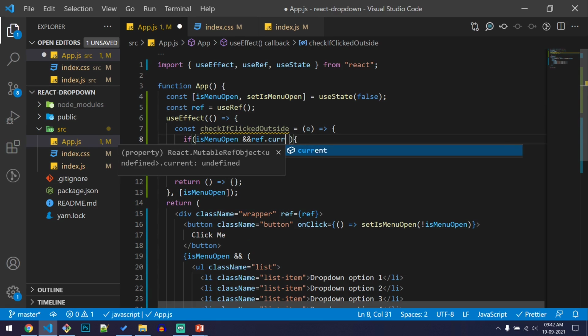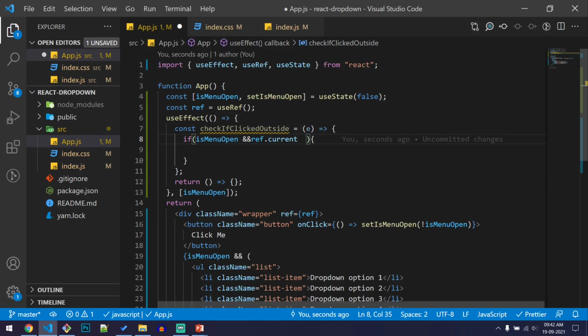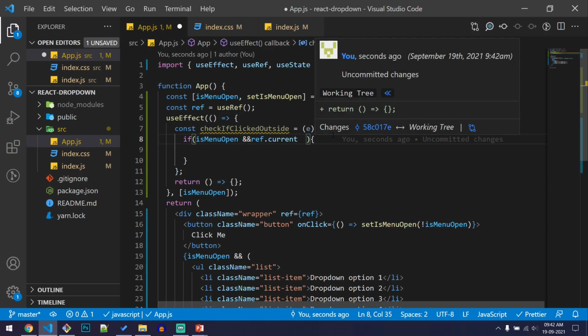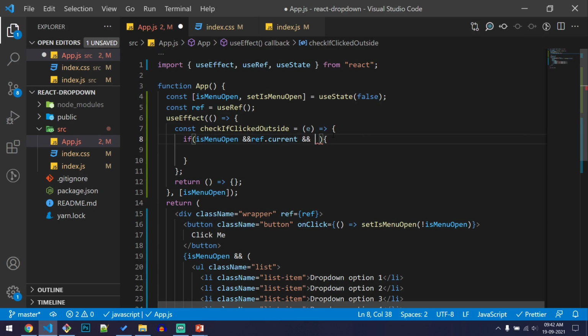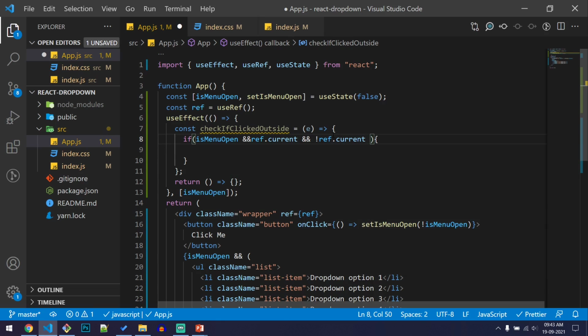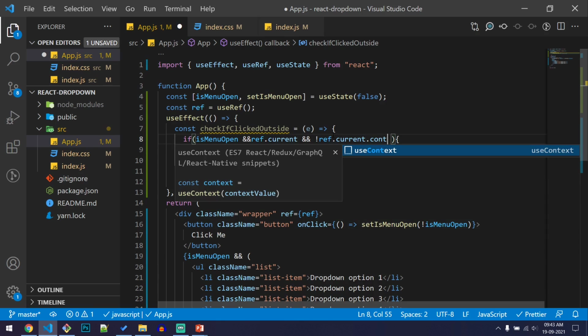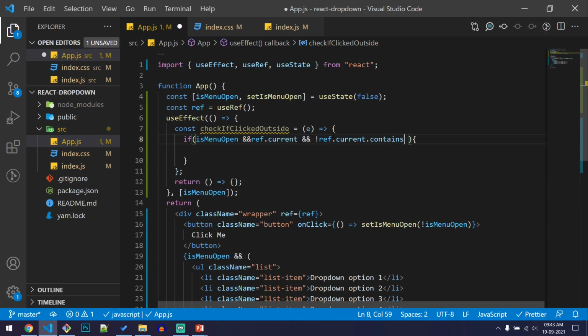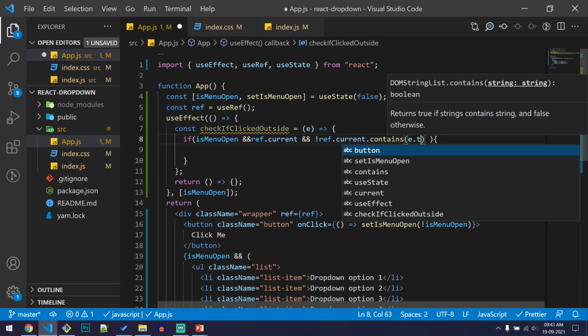That will be like ref.current. This ref.current is nothing but this wrapper, so we need to check if the click is not within this wrapper. So we can do that by checking if ref.current contains e.target.